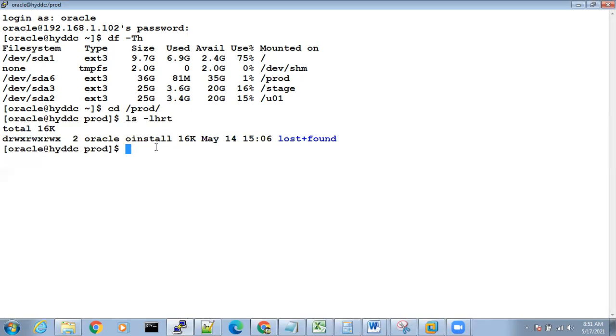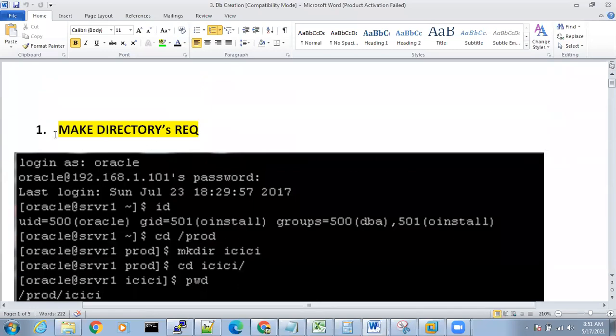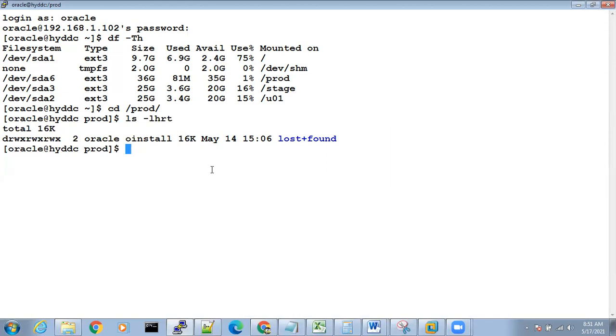So let's start creating the database with the manual method steps that I showed in the document. First step, make the required directories. In /prod, you want to create a database, so you have to create directories first.